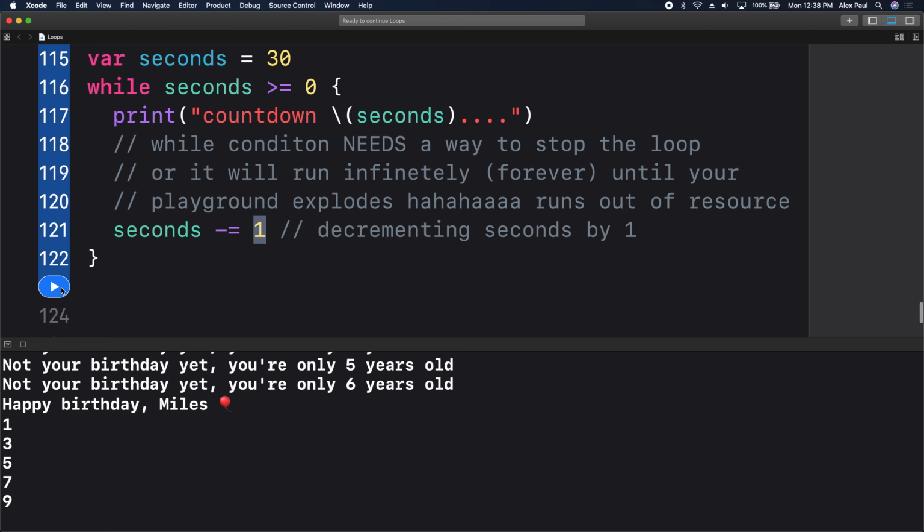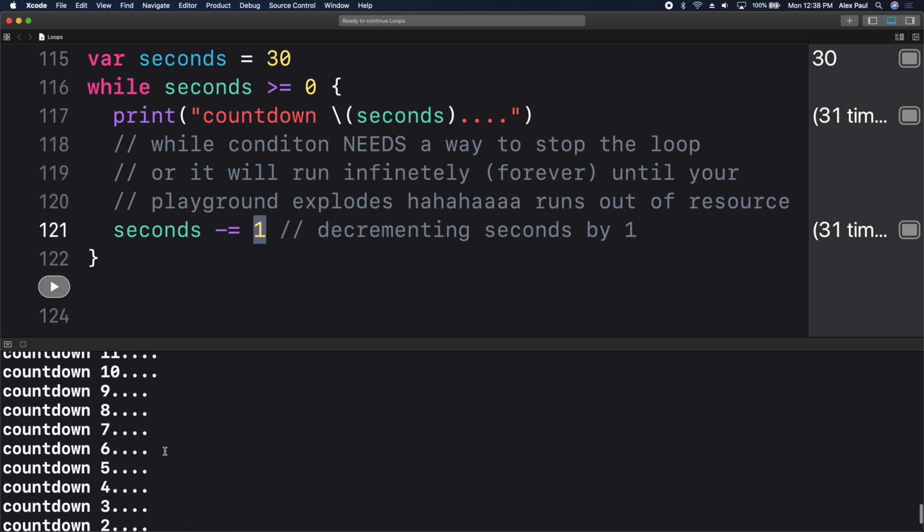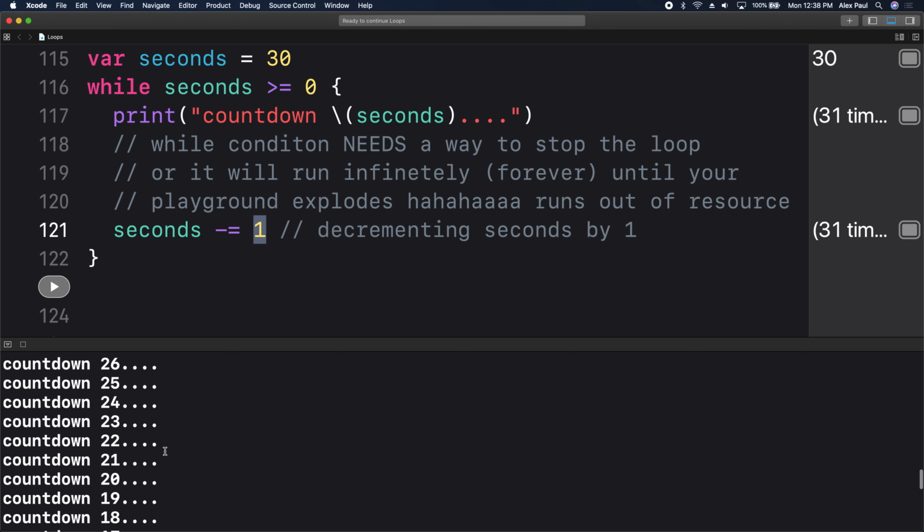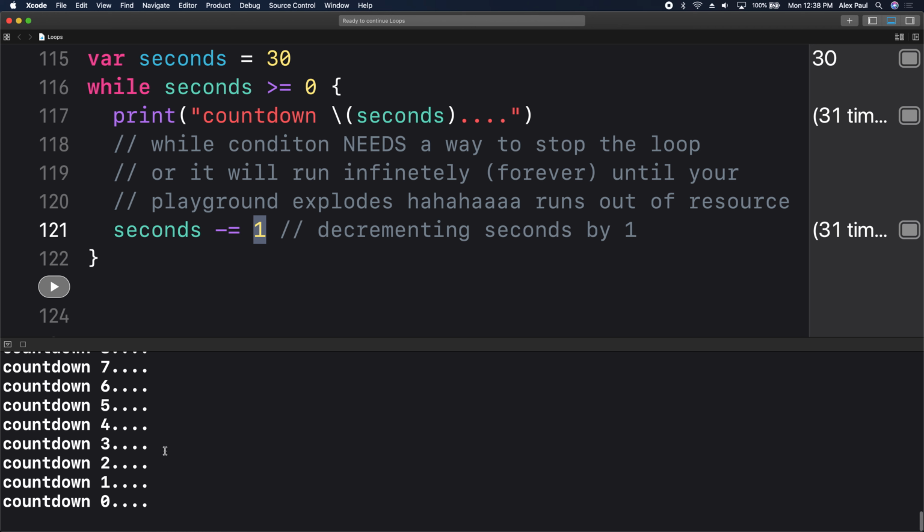Let's go ahead and run. Darn, quicker than I said anything. If we go to the top, we have countdown 30, 29, 28, and so forth, until we get to rocket launch. Do we see that? Yes. That's why you have to make it negative for it to go the opposite way. If you just leave it without decrementing seconds, it's going to be an infinite loop: 32, 33, like that. If you do not increment or decrement, it will be what's called an infinite loop, right? If you do not have this part here,